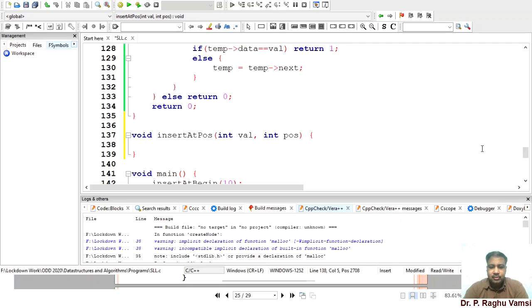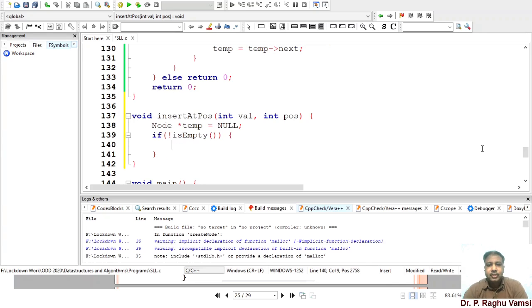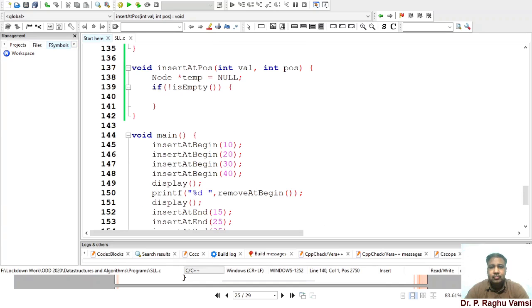So as usual, you take a temporary node, temp is equal to null, then we have to check whether the list is empty or not. If not is empty, then we need to traverse the list till that position. But what if the position itself is 1?